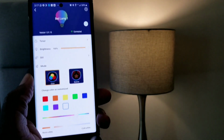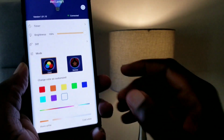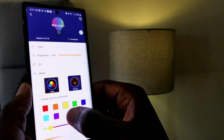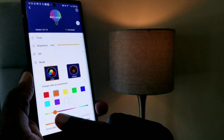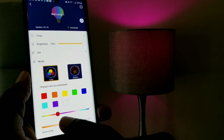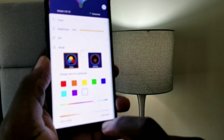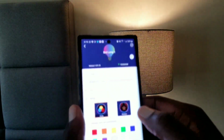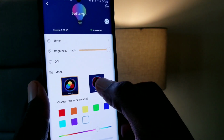So now I'm right in the settings of the bulb. And right now it's on the color mode. You have a color mode and you have a scenes mode. So if I want to change the light to blue, I'll just tap the blue square, and that's blue, green, purple, orange, etc. You can also adjust colors here. What else here? So you can go to white if you want. You can put it back on warm by just simply sliding over here. As you see there. So many different options. Let me get it focused here. If we go to scenes now,